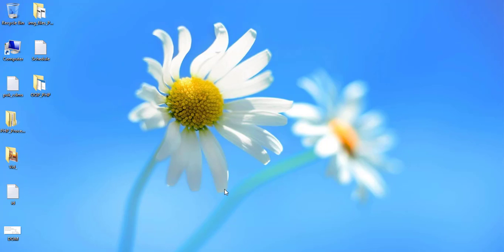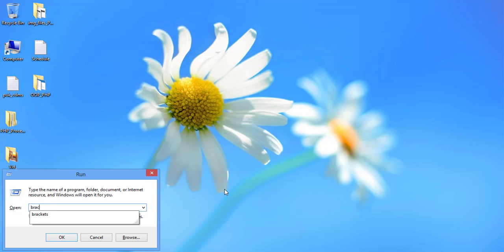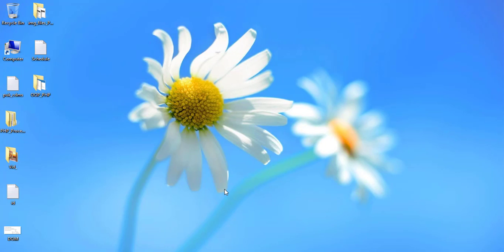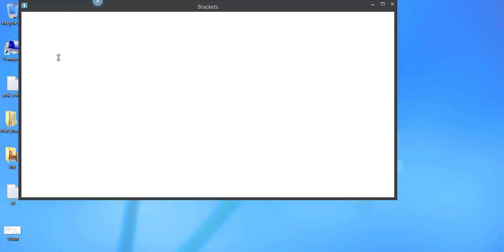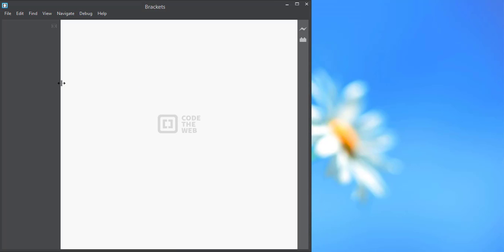So I'm opening my Brackets code editor. Just wait for some seconds. It is opening. Yeah. Now I am resizing the Brackets window. So one thing to note is that